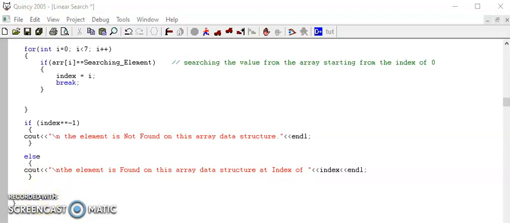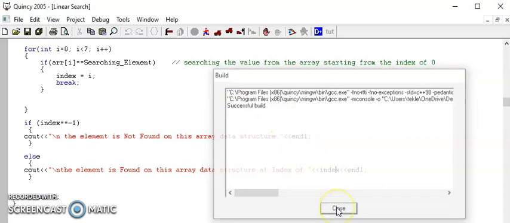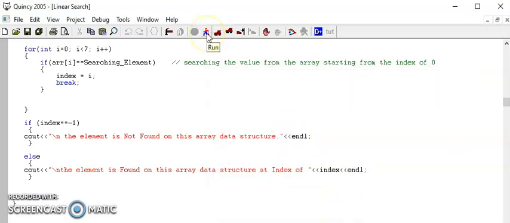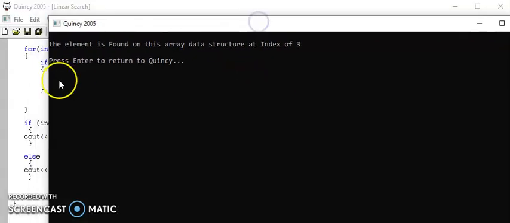By doing this, we can implement our sequential searching or linear searching algorithm. Then let's save. Our program says successfully built. Let's run our code. You can see the element is found at an index of